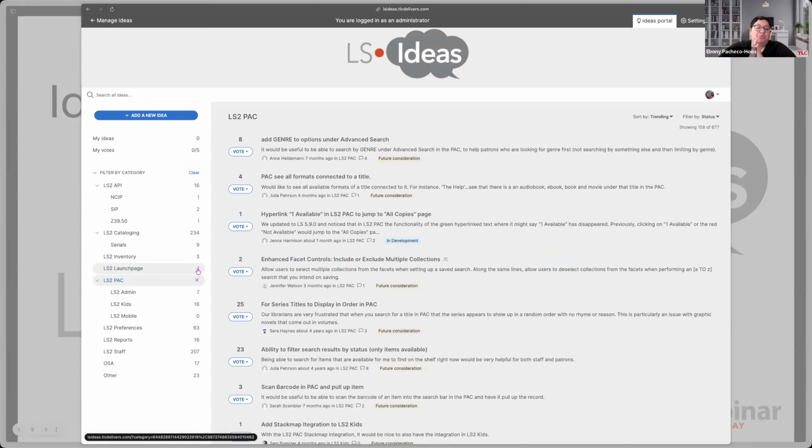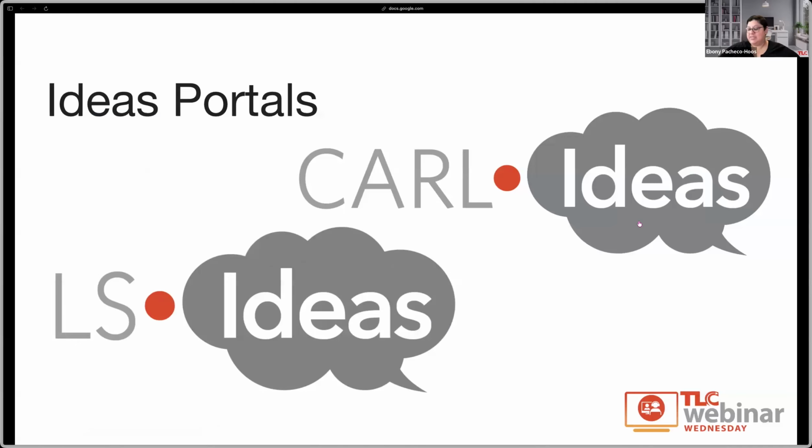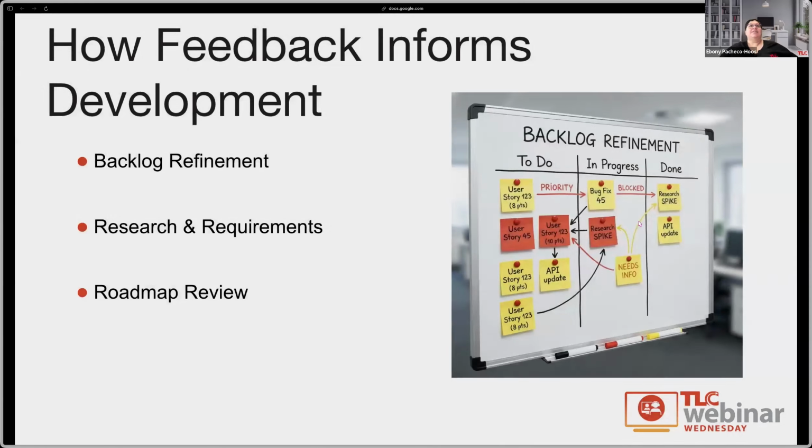So the ideas portal really does give us a lot of input, and it is a large amount of signal that we utilize in our day-to-day work as a product team. How are these ideas not just managed, incoming, and seeing all of them there, but how do we utilize that as we're diving into development? And that's what we're going to focus on next. So I'm going to go ahead and close this and go to my next.